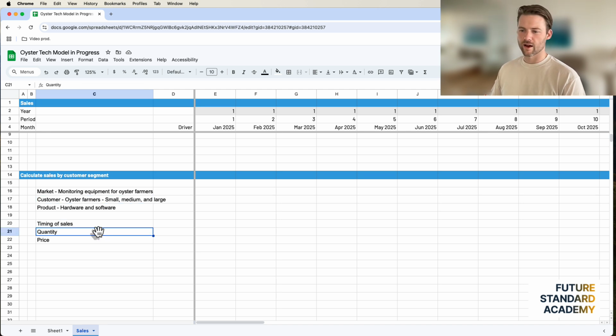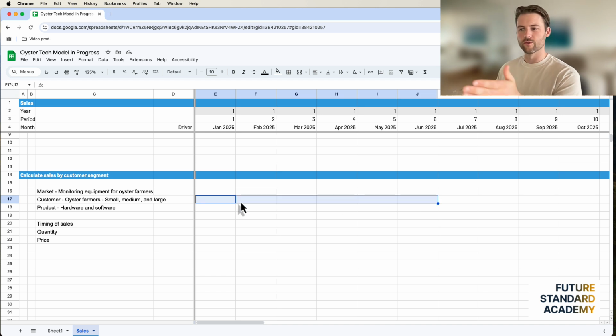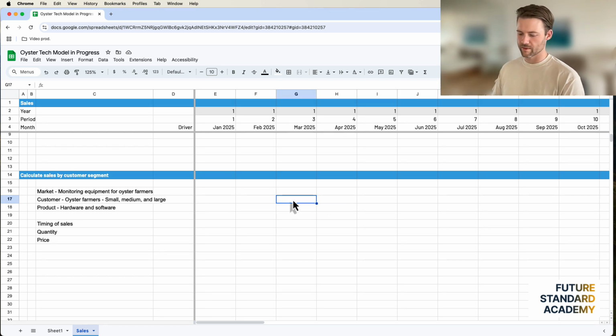Then there's going to be the timing of sales. That's relevant because obviously we need to know this as we move throughout time. We need to understand maybe sales are here, right? Only in those 3 months, because maybe it's seasonal, right? We wouldn't want to say, just starting in January and roll it forward just for the sake of it, right? There needs to be some kind of underlying business logic that says there's a reason this is here.